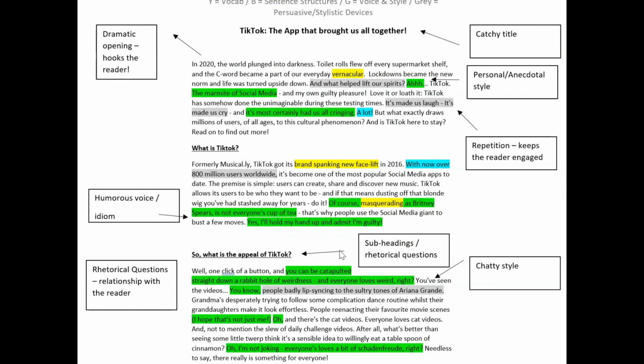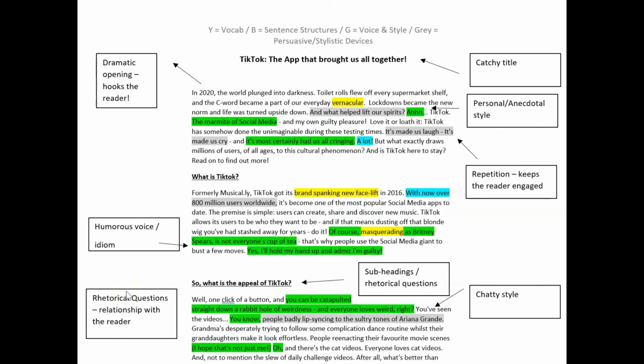Throughout the whole piece, I've also tried to achieve this very sort of personal, anecdotal style. Informal, yes, depending on what the task is. Do not be afraid to break conventions. You might notice, God forbid, a few sentence fragments. That's okay, as long as it's in keeping with your style and purpose. Of course, if you were asked to write a more formal piece, sentence fragments and things such as fillers would be a big no-no. So let's just go through a few things I've highlighted in green.